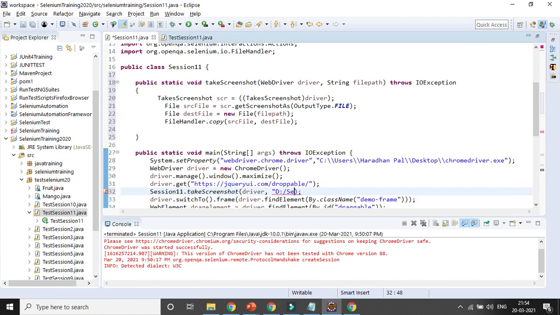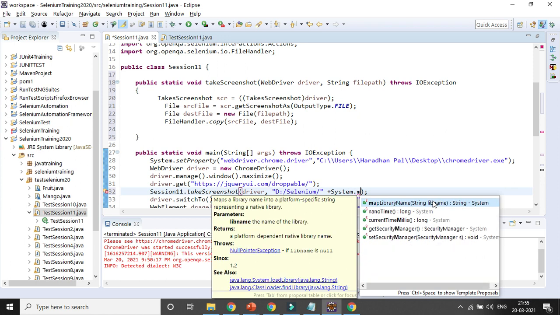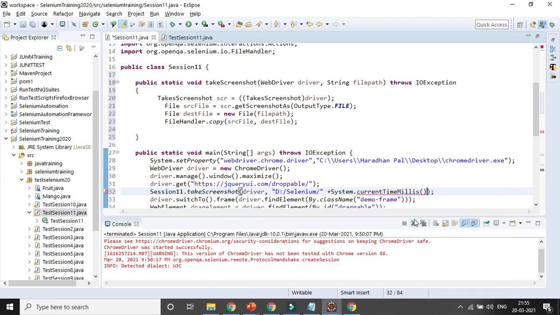So here I am not giving any hard coded thing, right? So I will be using System.currentTimeMillis, so plus System.currentTimeMillis, current time in millis, and then I will be using another concatenation, and then I give the file type, whether it's PNG or JPG, dot PNG or JPG, anything you can give.